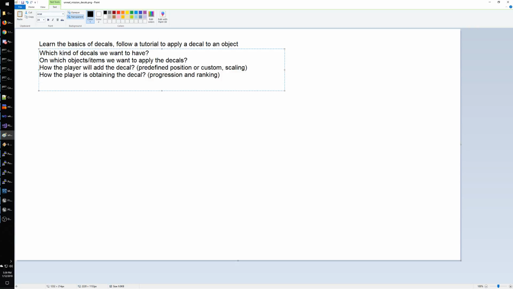I think the last, well, I don't know if it's the last one, but another one is the UI. So how the UI will look to select the decal you want, and to apply it. So it can be something as simple as having a list of decals and a list of potential positions that are already predefined, but it can become way more than that, being again a kind of a ranking system with all the possible decals you may have,